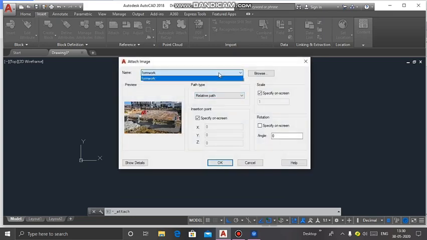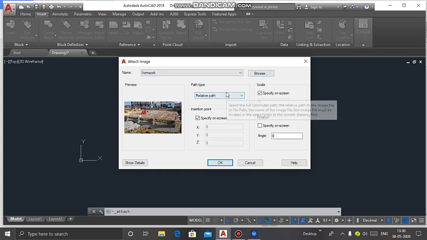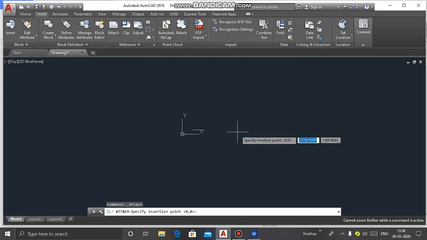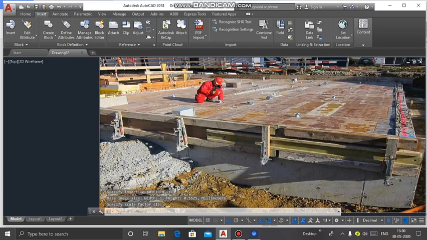You can choose the formwork by name, or again you can browse from the desktop or documents. Now relative path or full path, whichever path you want. I will choose relative path. Okay, now specify the insertion point where you want to insert this image. I want to insert here. It will look like this.